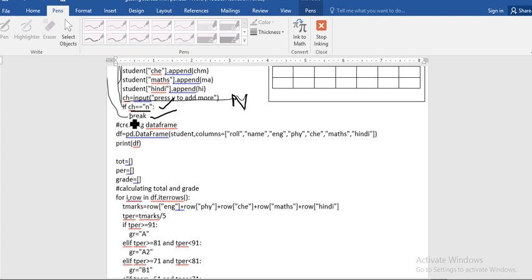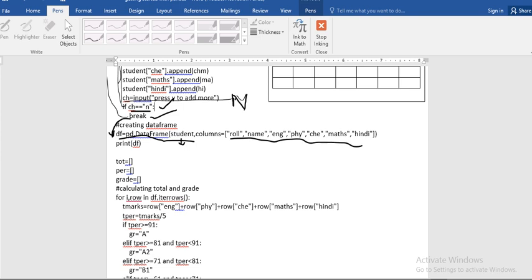And our next statement is this. Now, pd.DataFrame: here student is the dictionary that you have created above, and these are the columns in which order the data is stored.